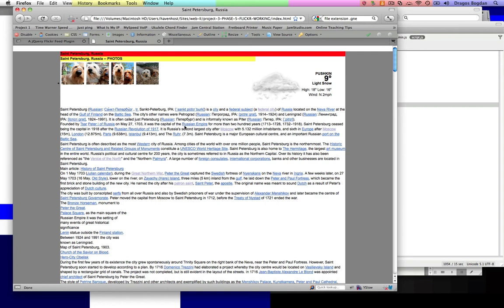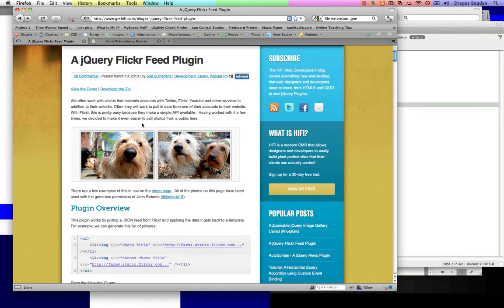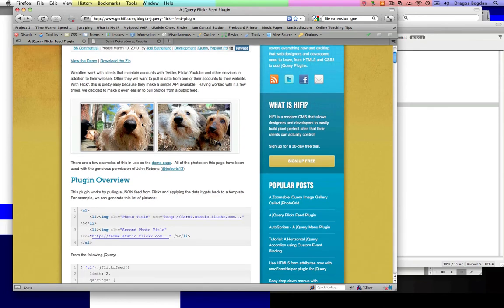Now that we have the plugin actually working inside of our page, I'd like to go into more detail on how it works and see how we could customize it to fit what I'm looking for. And that's basically, I want pictures of St. Petersburg populating over there instead of these cute little dogs. So I'm going to go back to the place where I found the plugin and look through the